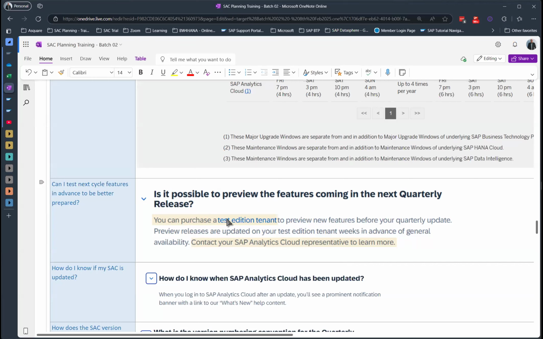Make sure that it is non-disruptive to your actual customer scenario, and then you can better prepare or make changes and be prepared for the QRC. So there is an option to preview the features even before they are released.